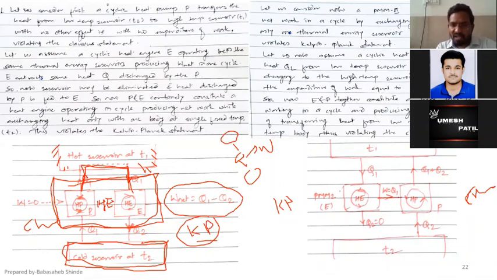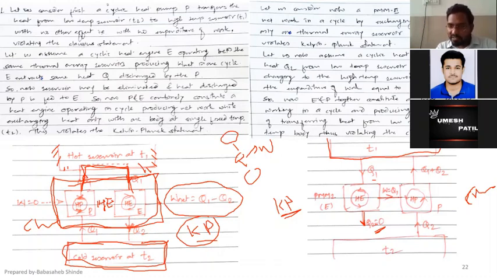So there is one heat engine that is taking heat from the high temperature reservoir, that is at T1. The amount of heat taken is Q1. It is producing work W, and it is not transferring any heat to a low temperature reservoir, because we have written Q2 is equal to 0. So this is a violation of the Kelvin-Planck statement: a device exchanging heat with a single reservoir and converting all that heat into useful work.